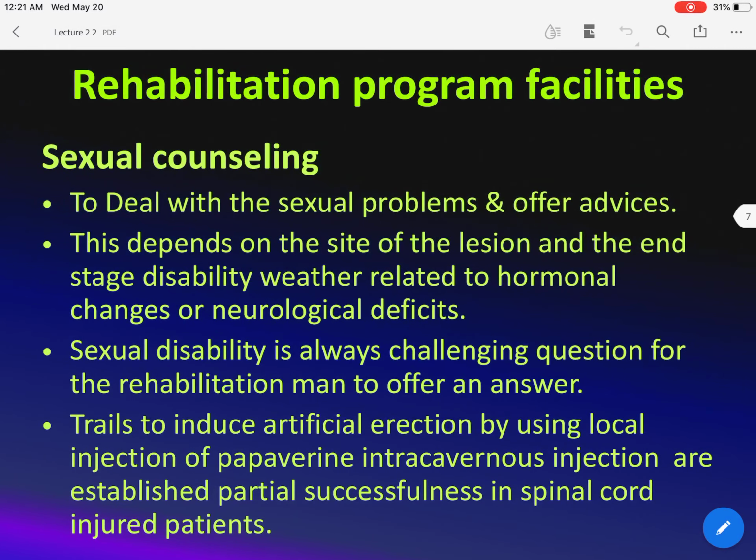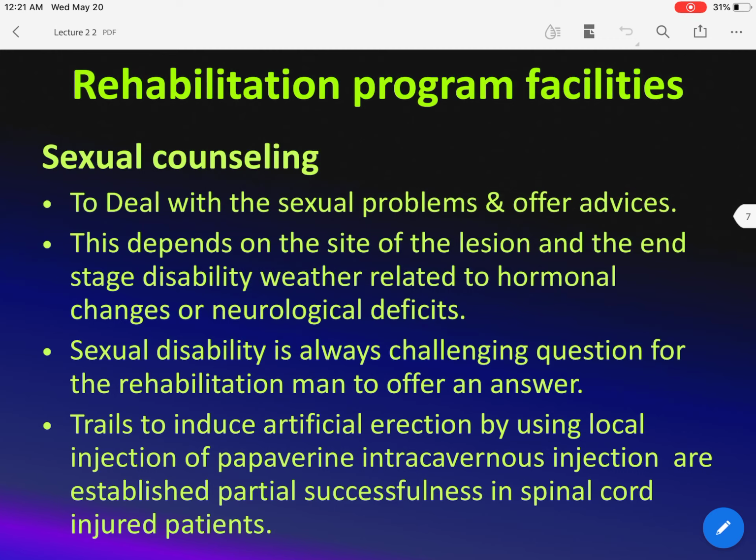It's a common problem for patients with disability, spinal cord, brain, or amputation, and he's always asking you about sexual counseling. How do you answer them? To deal with the sexual problems and offer advice, this is the responsibility of rehabilitation persons. Second, this depends on the site of the lesion and the end stage disability, whether related to hormonal changes or neurological deficits. This is the responsibility of urology, and we always consult a urologist